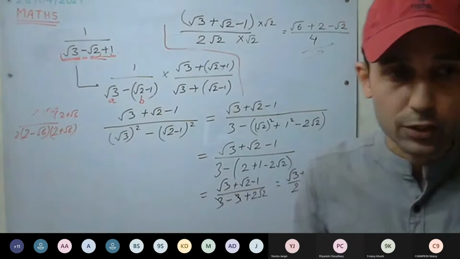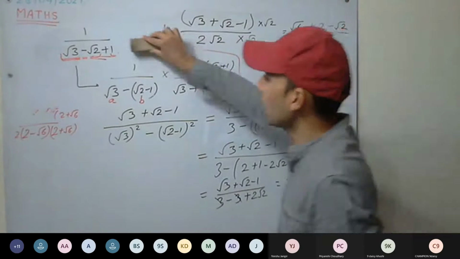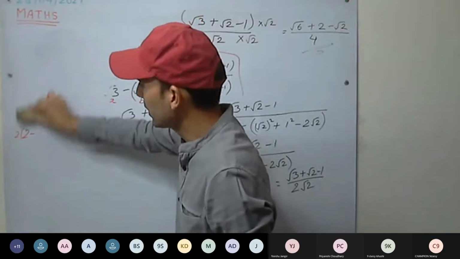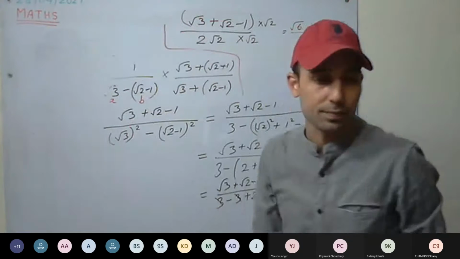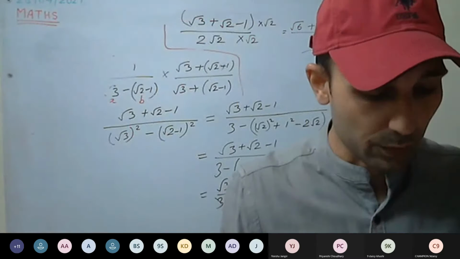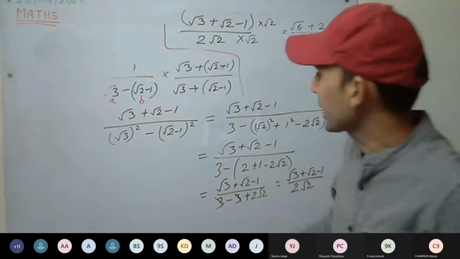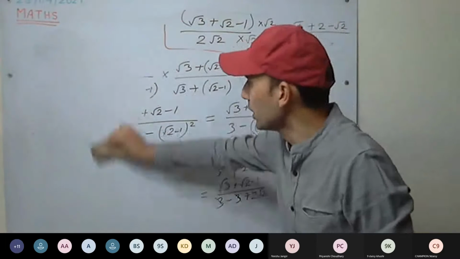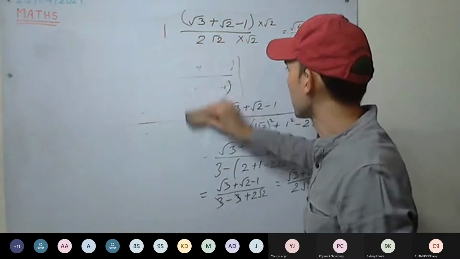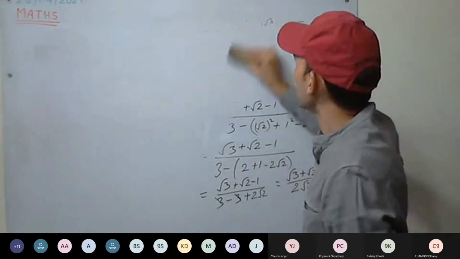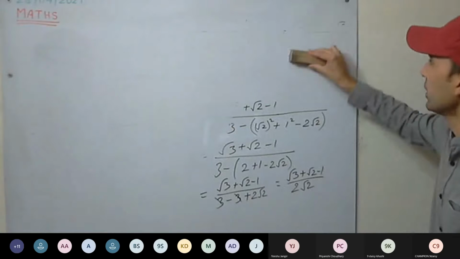Okay. 13th question, first one. Any doubt in 13th question? In the first one, we have to rationalize, and then you will put the values of root 3 and root 2. First one we have done already. Second one, any doubt? If you are having doubt, do ask and complete your work.